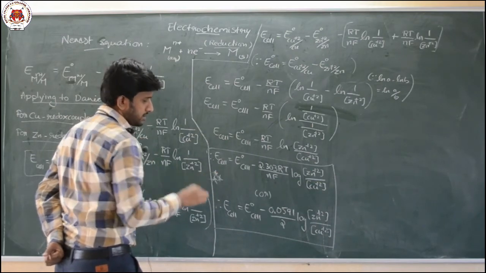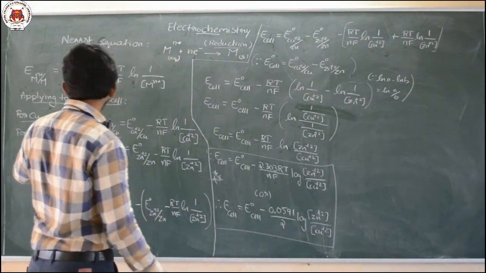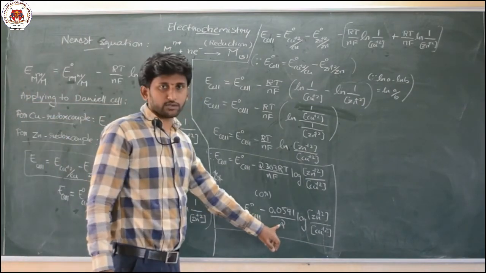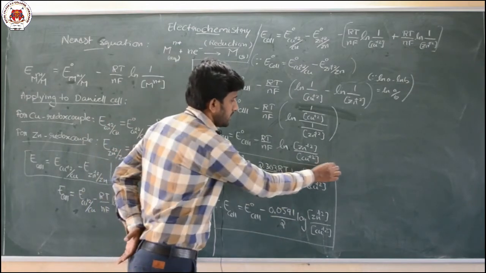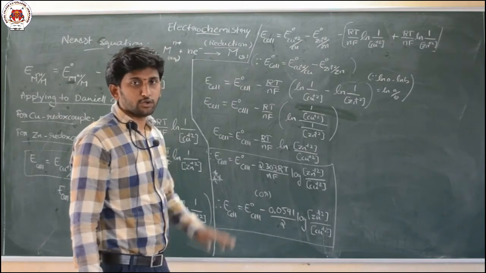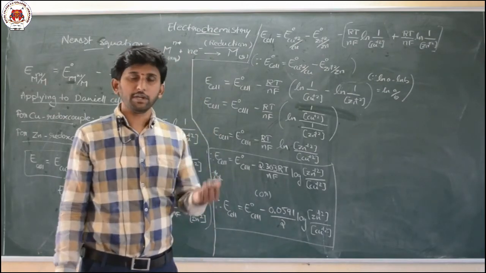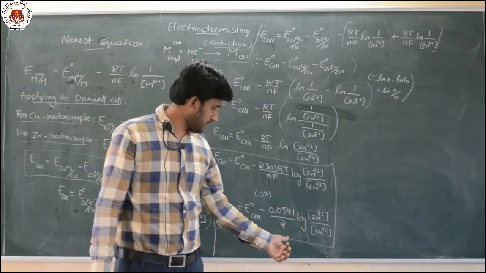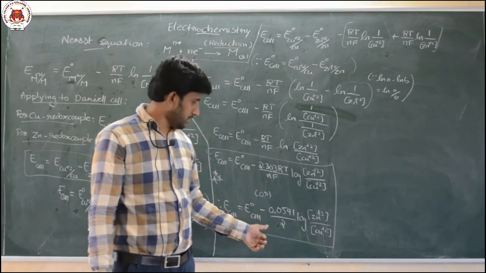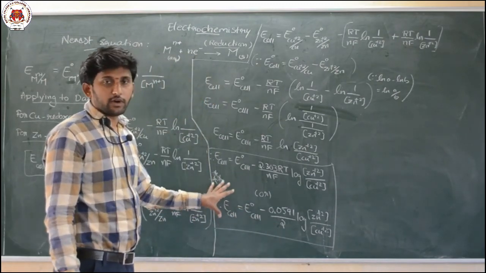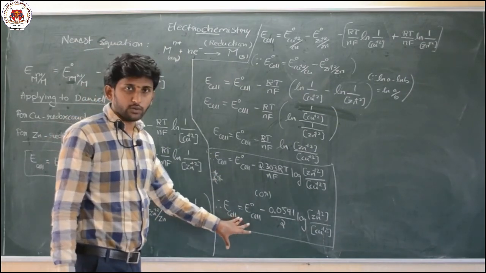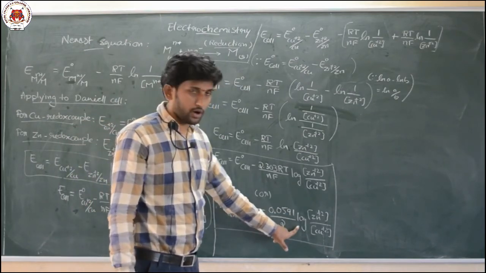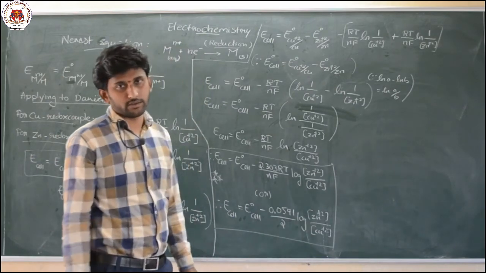This is the final equation for the Daniell cell. What is happening here in the Daniell cell: for either copper reduction or zinc oxidation, the n value is 2, right or not? So that's why we have taken n value 2. Cu plus 2 takes 2 electrons, Zn plus 2 gives out 2 electrons. So the n value for the total net reaction is 2. Clear? So the EMF of the Daniell cell is equal to the standard EMF of the cell minus 0.0591 by 2 log concentration of zinc ions by copper ions.